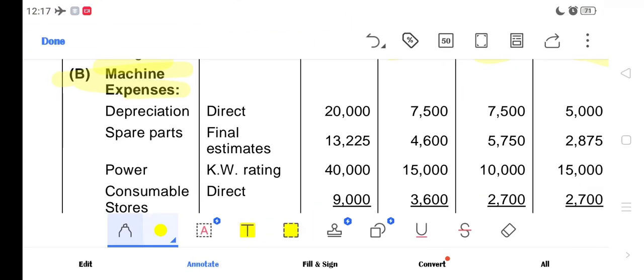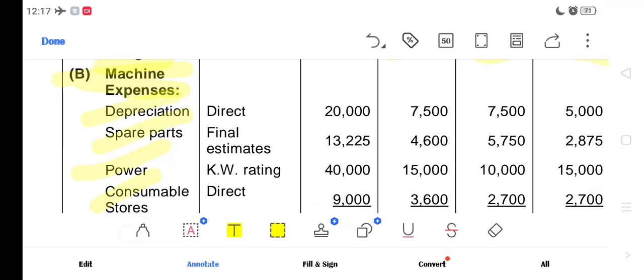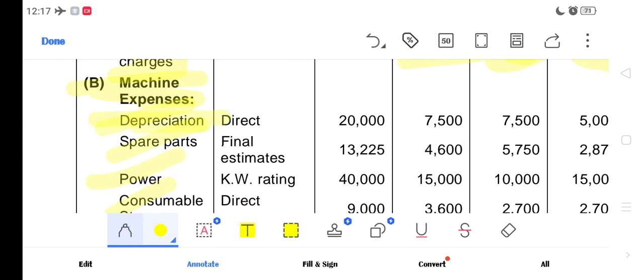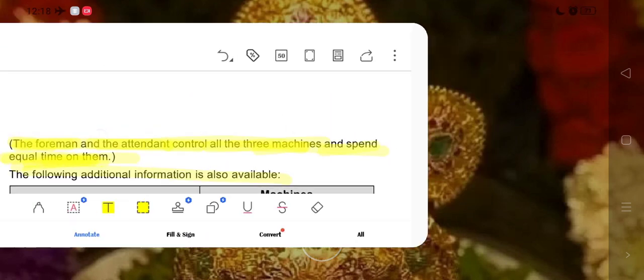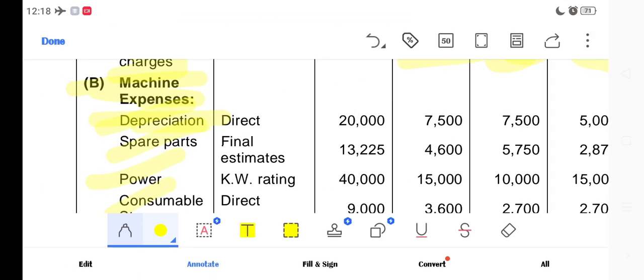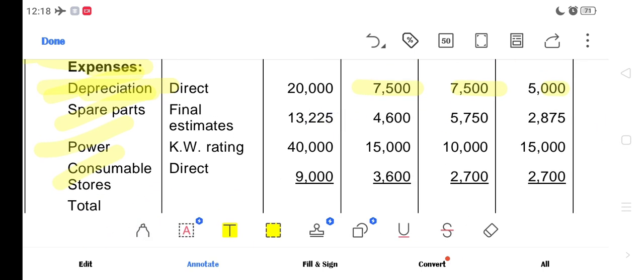Machine expenses. So depreciation, spare parts, power and consumables. Depreciation, on what basis? Directly, they have given directly. So yes, 7,500, 7,500 and 5,000. So directly you put it here, because they have given it, no? So spare parts